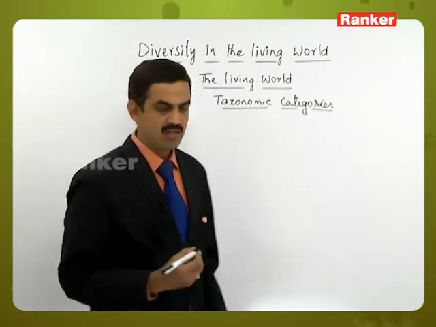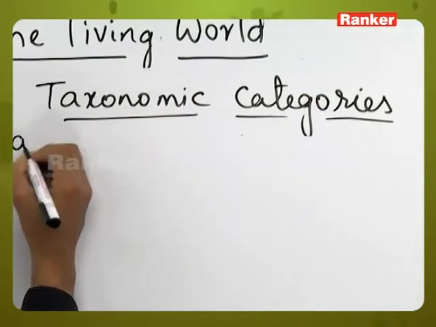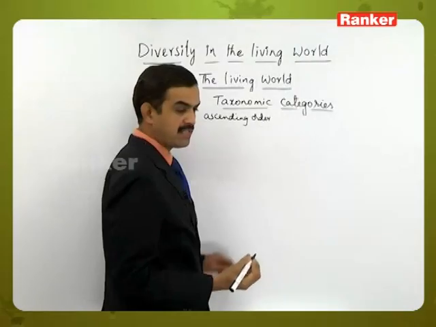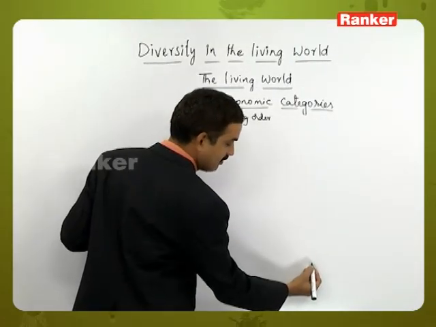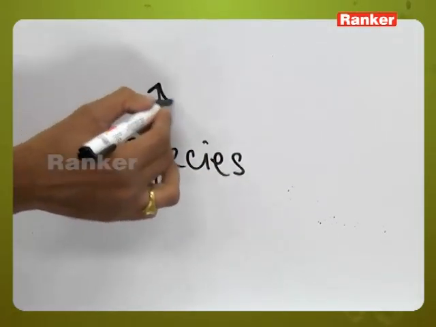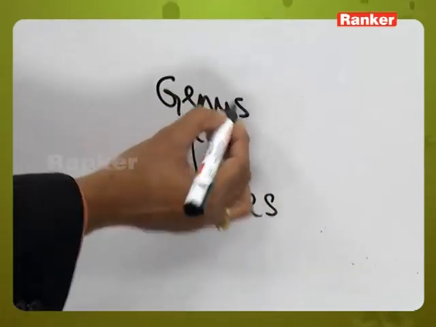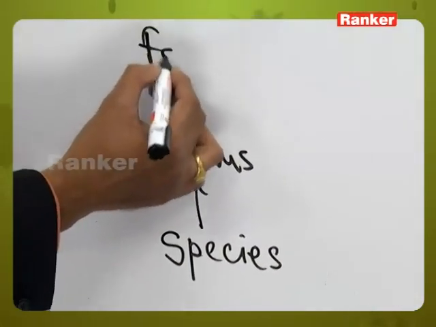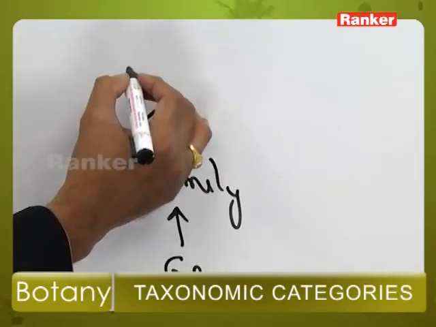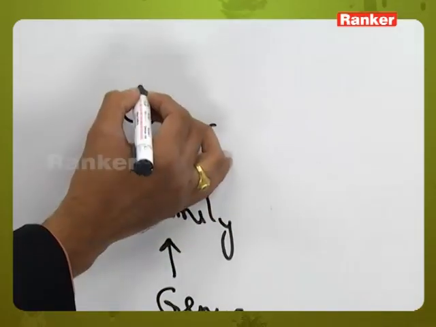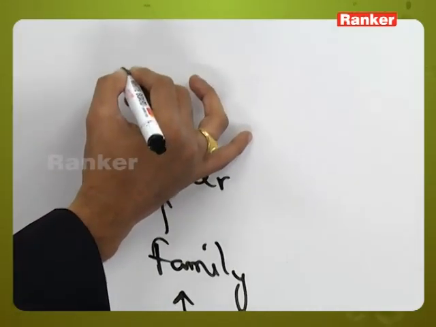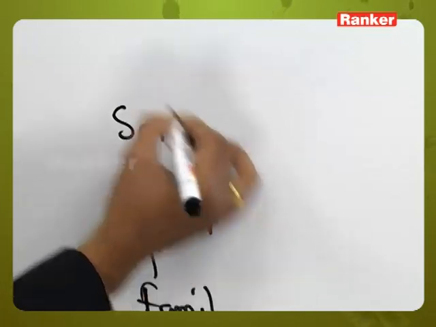So in this hierarchical order, I said that it will always be in ascending order, and we always write the smallest one at the lowest position, that is called a species. Similar species are kept under a genus, similar genera are kept under one family, similar families with similar characters are kept under one order, and similar orders or the organisms included are kept under one series, and similar series are kept under